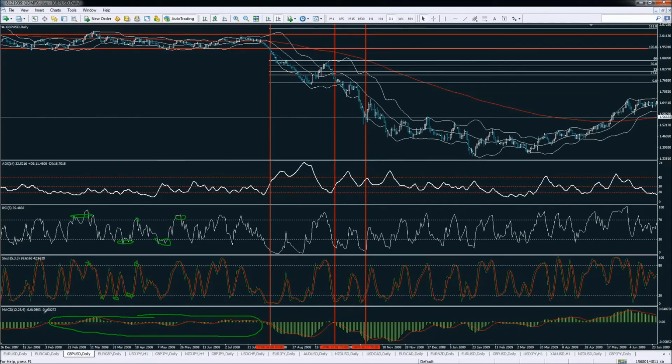Also, moving averages, which of course I'm only using two at the moment, one with the Bollinger Bands and the other which is 200. The 200 exponential, which is by far the most important one. Everyone should have it on their charts. And I haven't put any other moving averages because it's getting too messy on the chart. You don't need them really. They also will give you false signals, and they have to be ignored